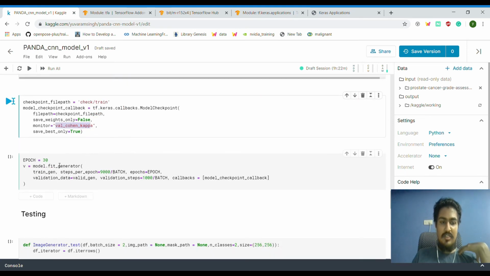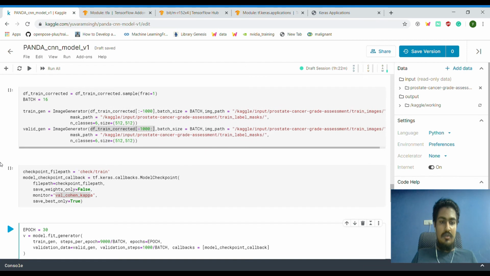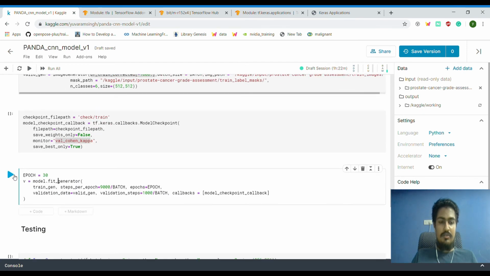Once this is done, I'm going to run it for 30 epochs, and call model.fit_generator, passing in all the useful information there. So this is the brief overview of this code. I can run it, but it will take a while to finish. So I'm going to pause the video here, run it, and then come back and show you what actually happened and how it looks. So I will cut it here, and then we'll come back.